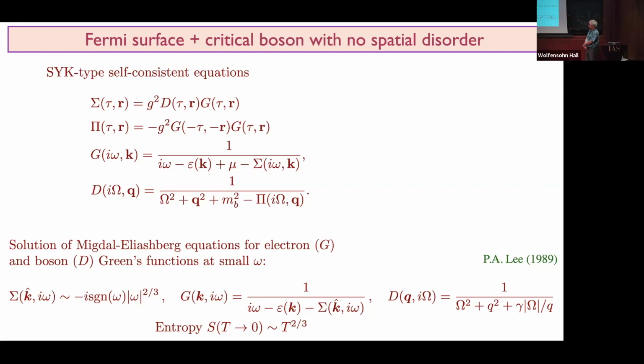The self-energy is omega to the 2/3, so it's very large, meaning that there's no quasi-particle pole. But one very important point, there's still a Fermi surface. That is, if there's a point where the imaginary part of the self-energy vanishes at 0 frequency, and then when E of k changes sign, you get a Fermi surface. So this is a non-Fermi liquid.